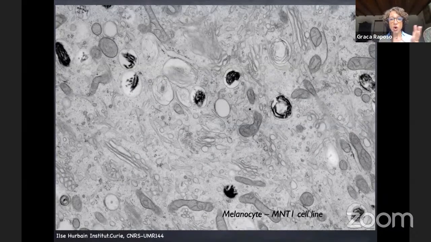They have these pigment organelles. I won't go into detail, but you can see different examples where you have the pigment melanin in dark, and in the center you can see organelles with small fibrillar structures. You can see one that is very close to the endoplasmic reticulum, and these fibrillar structures have been optimally fixed using high pressure freezing.